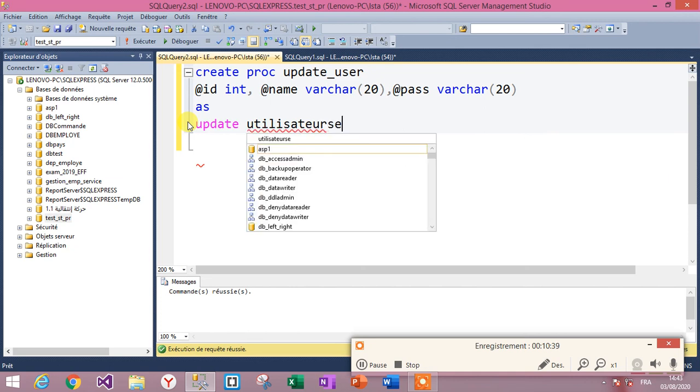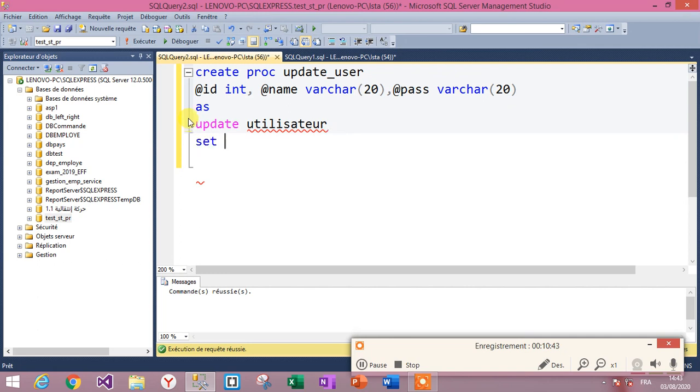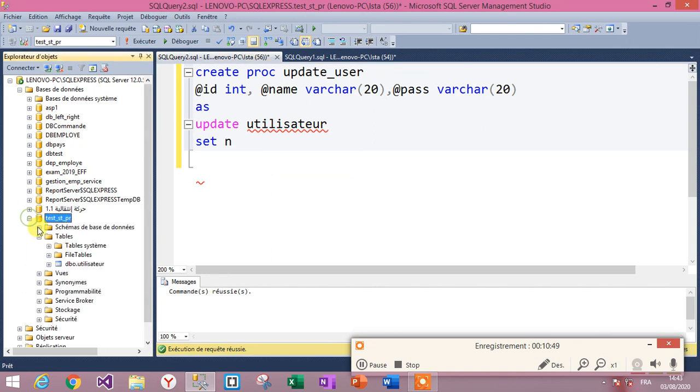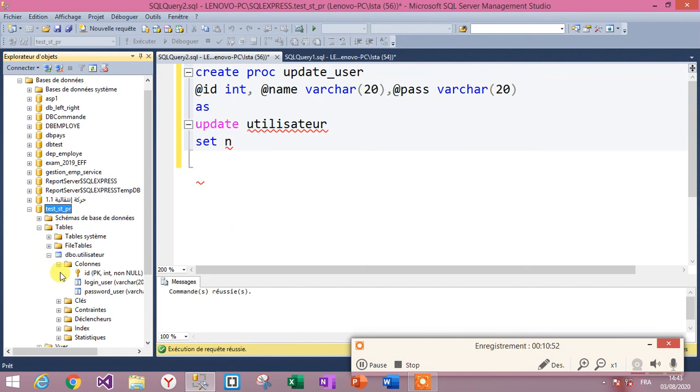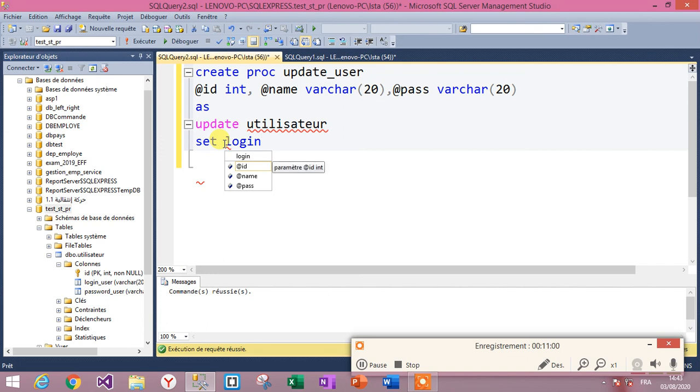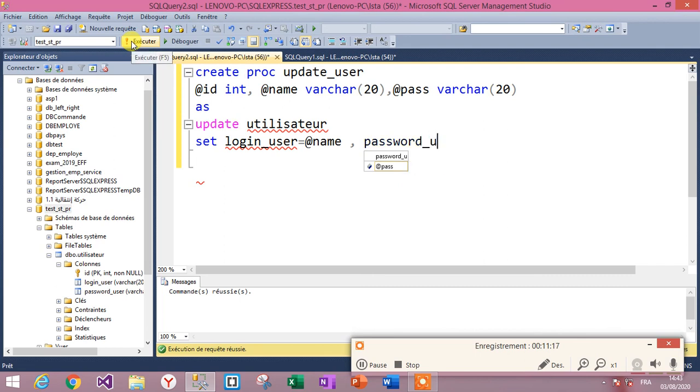This is to set the new value. Set, go to test and go to columns, so login user @name, password user @pass, where